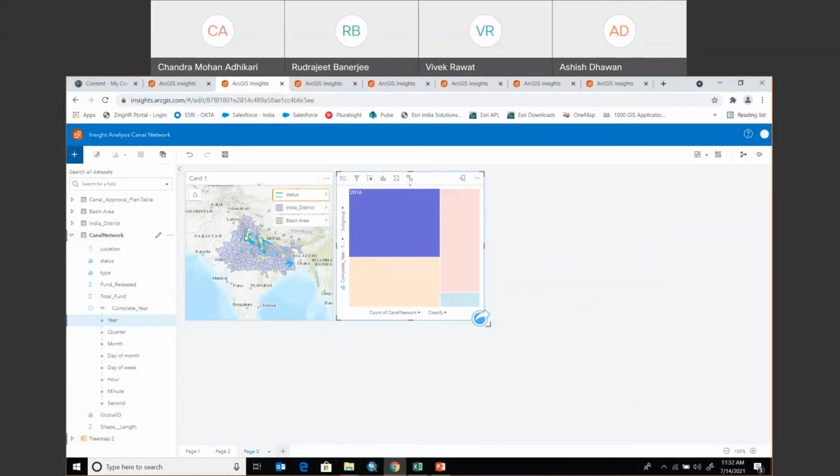completed in year 2016, wherein if I click on 2010, the numbers are less. So you can see in the map also, this is how the different cards are interlinked to one another or geolinked to one another. Next, I'm very much interested in finding out the project-wise categories. So my categories go like,